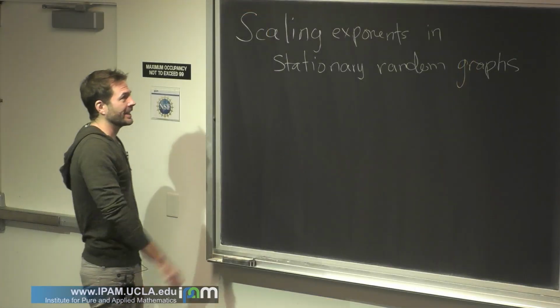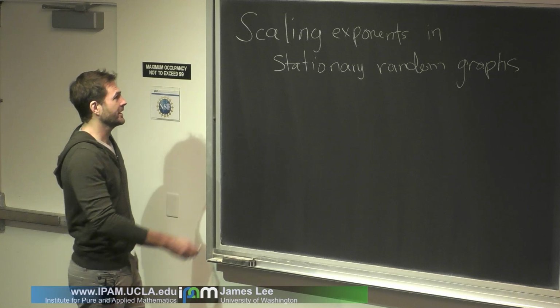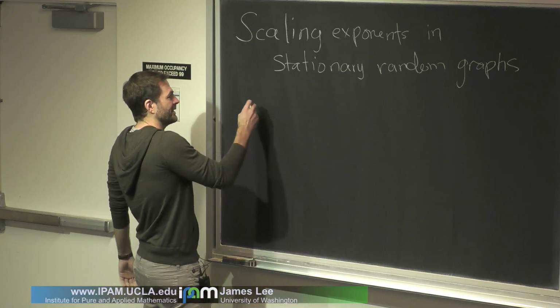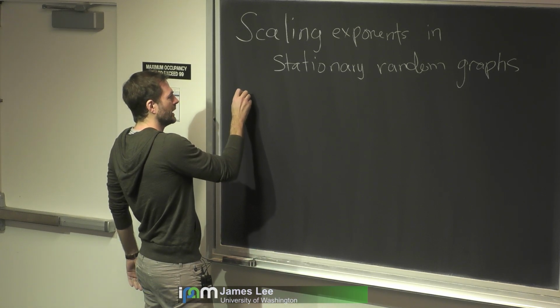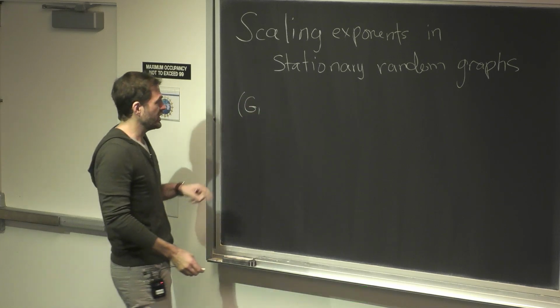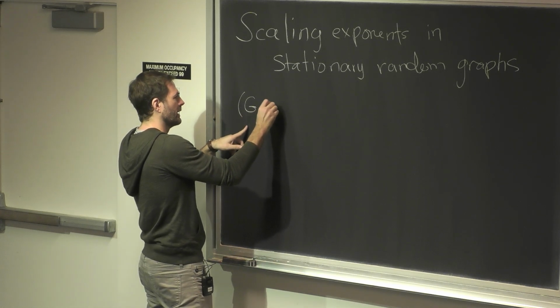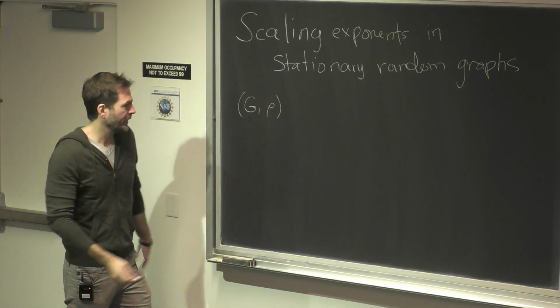Okay, so yeah, we'll talk about scaling exponents in stationary random graphs. Please interrupt, raise your hands if you have any questions or anything. What's the basic idea? We're going to think about just a graph G. Most of the time it's going to be infinite. It could be a finite graph. And we'll think about rooted graphs. So it'll be some fixed vertex,